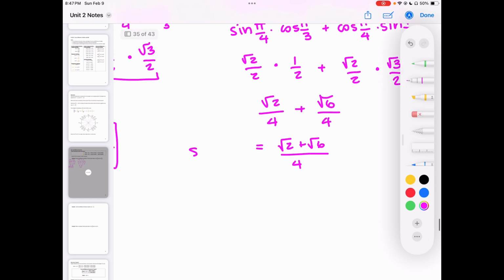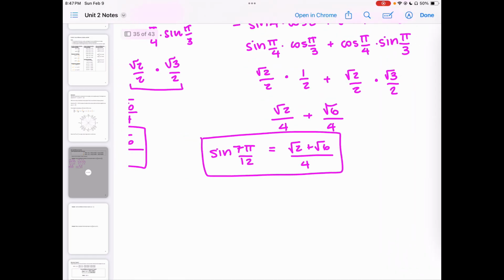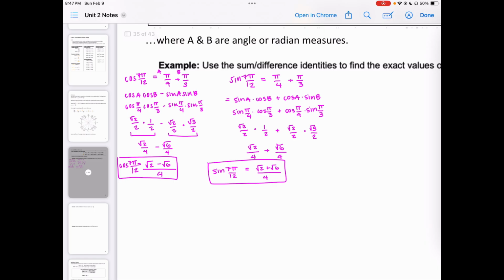And that is sine of 7 pi over 12. They take a little bit of work, right? The good news is you have all this information now in your pocket, right? You have learned these parts of the unit circle to where you're going to be comfortable pulling that out. Okay? All right,